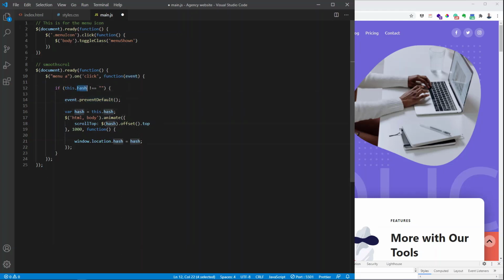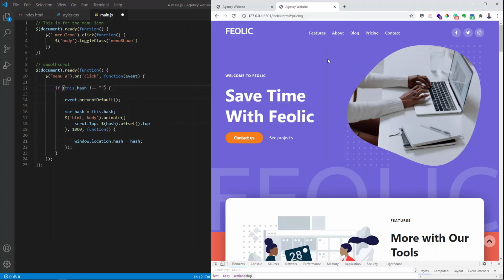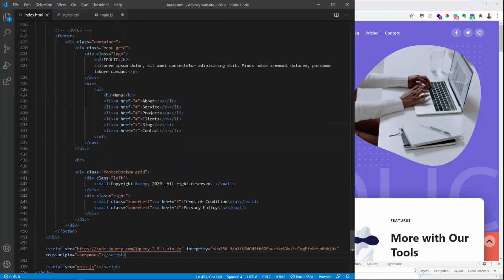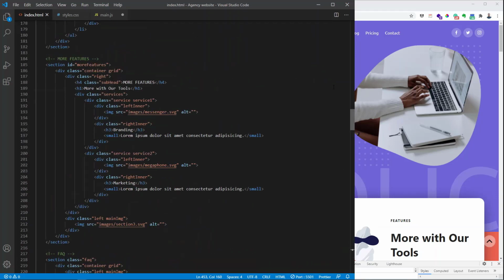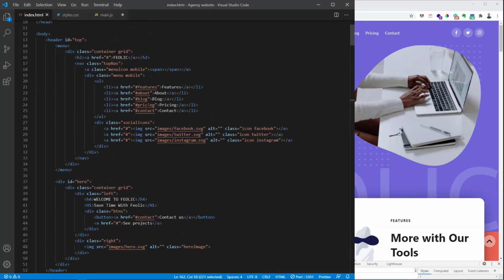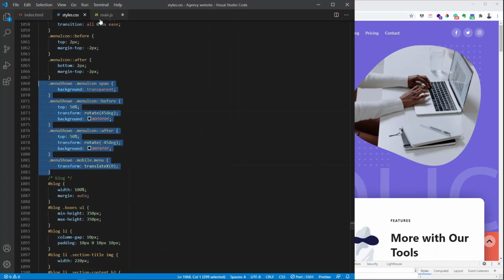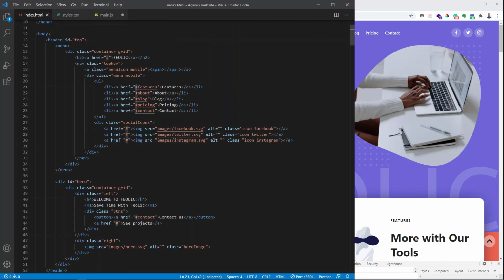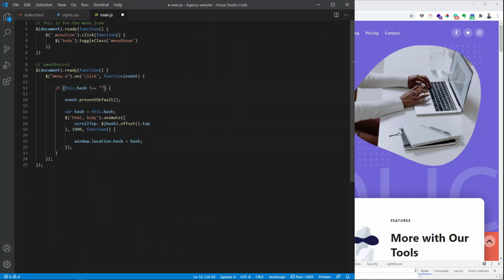This is hash. The hash is the hash we're using right here. Okay, this is the bottom. We want to go to the top, which is this. So we include a hash right here. So whenever any menu link has a hash, we want to target the ID for this. So for that, we're going to target